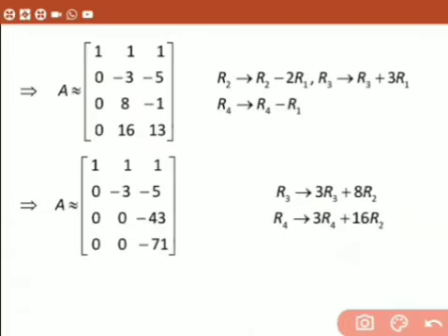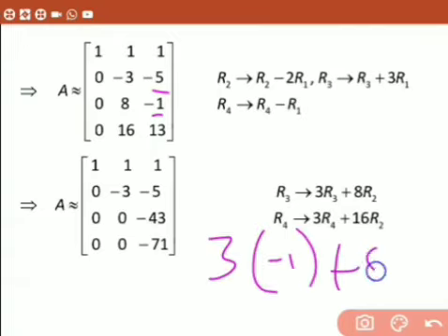Like this we can have here one more element also equals to 0. That is here minus 1. Next element is minus 1 and minus 5. You have to use these two here. This is 3 times of R3. R3 is minus 1. Then plus 8 times of R2. R2 is here minus 5. After simplification we will get here minus 3 minus 8 5s are 40. So we will get here minus 40. This element we will get here.